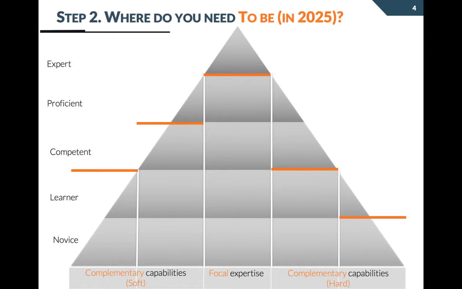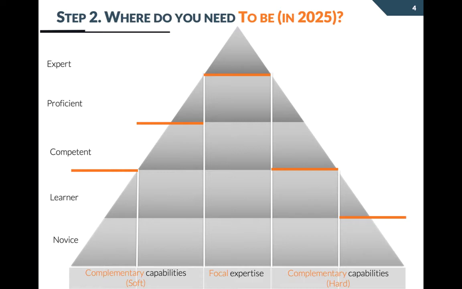When you think about that, you can think about the ideal job that you are considering for yourself, the ideal CV in 2025. You can think about your vision and see what you can get from that vision in terms of the level that you need to achieve on each of these domains. Something useful is if you can find someone who already has achieved these levels in your career, is already 5 years ahead of you. You can share your pyramid with that person and get some ideas about how far you need to be on those areas of expertise. That would be step 2, and then step 3 is where we reflect on where we are now,